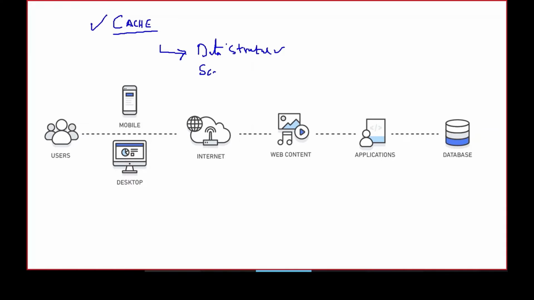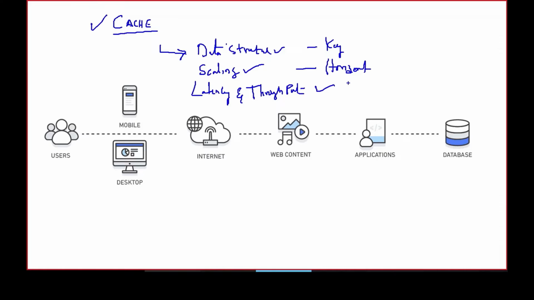Then scaling, we understood. Then latency and throughput, we understood what factors influence that. So: data structure, key value; scaling, horizontal;